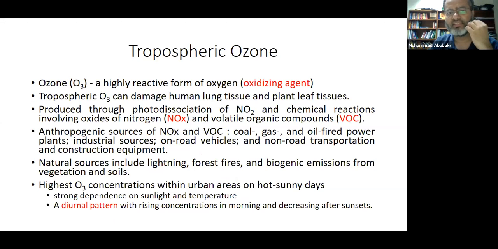Ozone by itself is actually a highly reactive form of oxygen. It is an oxidizing agent. ट्रोपोस्फेरिक ओजोन, ट्रोपोस्फेयर का भी वर्ड मेरे ख्याल में पिछली दफा इस्तेमाल किया गया था, मुराद है जो नीचे वाली एटमॉस्फेयर है, जो एटमॉस्फेयर की वो लेयर जो जमीन के बिल्कुल करीब है, उसको हम ट्रोपोस्फेयर कहते हैं। तो इसमें ओजोन की प्रेजेंस that damages human lung tissue and plant leaf tissues. This is just to sort of alert you कि वो जो ओजोन होल की हम बात करते हैं, that's ozone at a different level, ठीक है, वो हम ट्रोपोस्फेयर की बात नहीं कर रहे थे। तो यहाँ पर ये ट्रोपोस्फेयर की बात होगी।